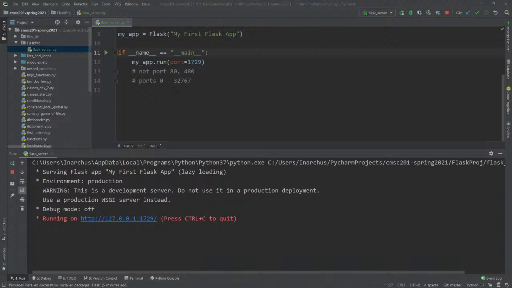Now, in order to go there, you see that it says running on 127.0.0.1. What that is, is your IP address. Or I shouldn't say that's your IP address. It's like a loopback IP address. It's an IP address that's like an address for your current house, right? It's like if you're going to send something to yourself, that's the address. And so basically what you can do is type right into your search bar 127 dot,